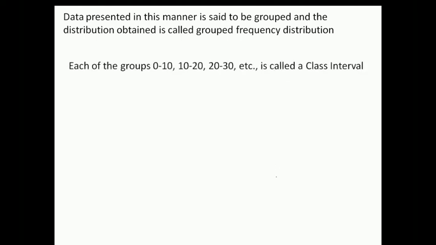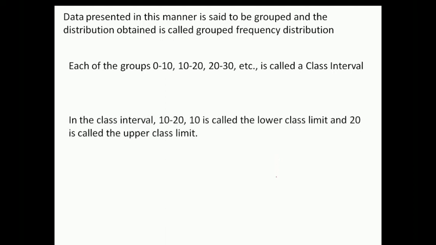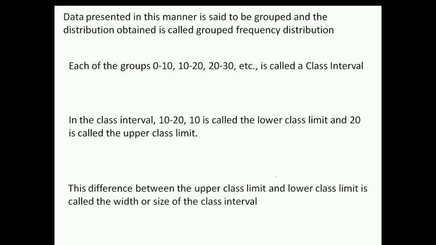Each of the groups 0 to 10, 10 to 20, 20 to 30, etc. is called a class interval. In this class interval 10 to 20, 10 is the lower class limit and 20 is the upper class limit, or you can say higher class limit. The difference between the upper class limit and lower class limit is called the width or the size of the